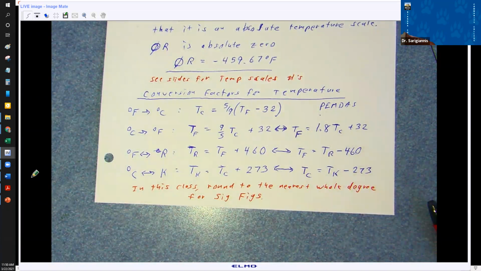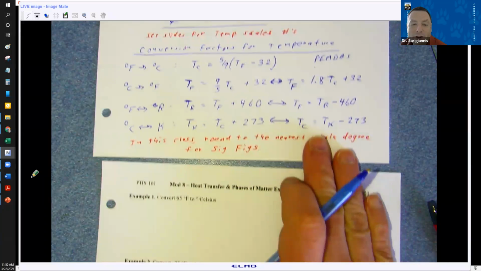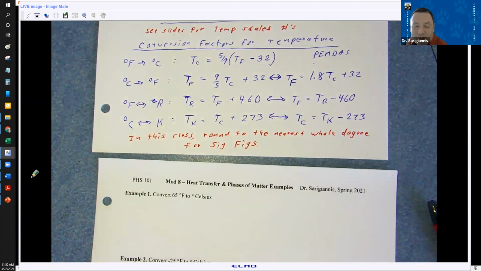I'll start off with some examples next time. So go ahead and print those worksheets out, or just download them and have them available. We'll do these next time. If you want to try doing some of the conversions yourself, go ahead and do that, and then we'll continue this on Wednesday. All right, thank you so